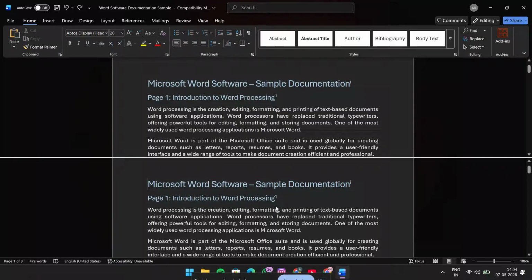If your Microsoft Word document is split into two panes and you want to turn that off, you're in the right place. In this quick tutorial, I'll show you exactly how to disable split in Word in just a few seconds. This is super helpful if you accidentally enabled split view and now want to get back to a normal